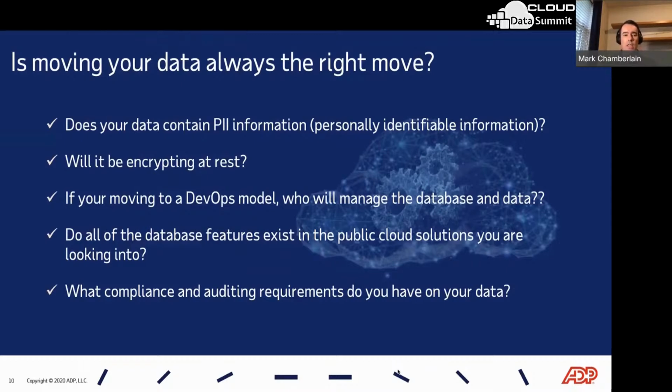So again, things to think about as that data gravity starts playing a bigger and bigger role in your decision-making process. What are those things that you need to think about as data gravity helps you make decisions based on not only the product you're going to move to the public cloud, but are you going to move just the front end and leave the database behind? Are you going to move the database with you? If you do that, what does that mean for that data? And how does that data support change? Does it change? And if it does change, what does that mean for your compliancy and audit